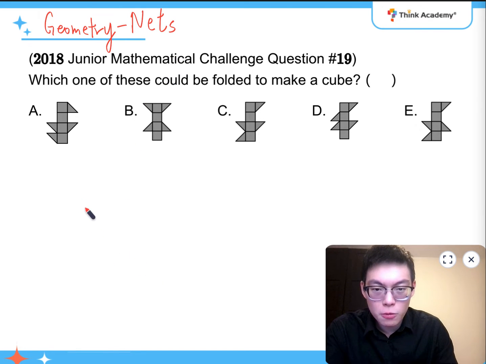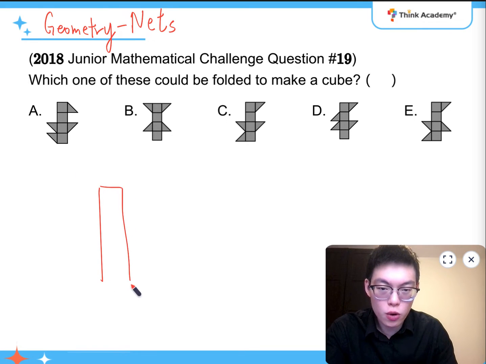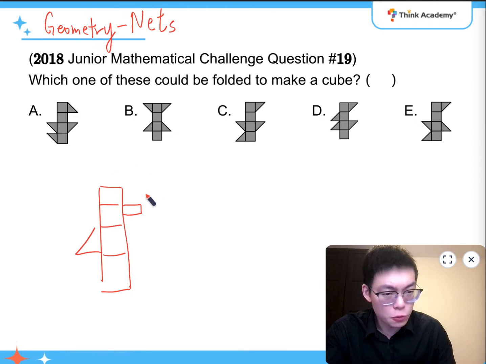Basically, what I want to let you know is that if you have a row of 4 squares, and whatever is on the side of it, that is, you know, like trying to complete the cube, you can always rotate it for 90 degrees and it will get to the next